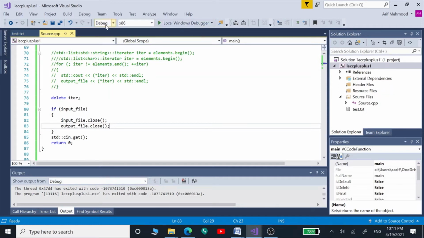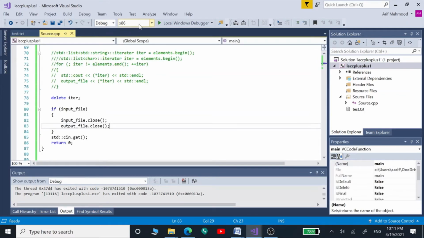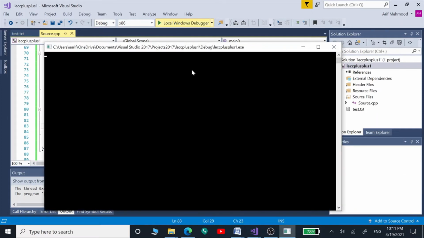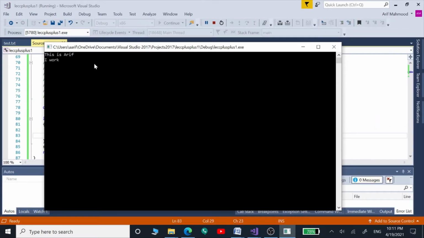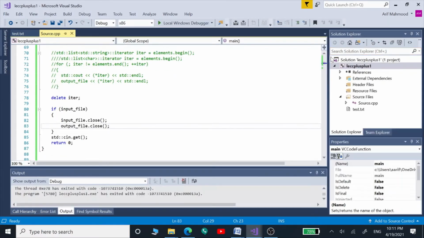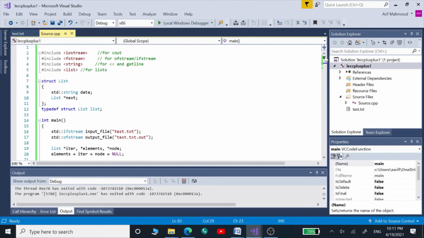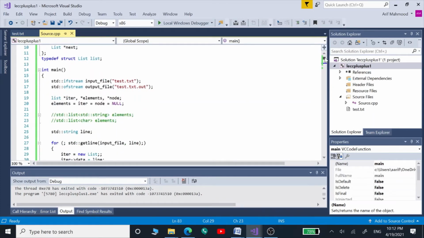So now let's see the contents of our input file, the same two lines I have given here. Now we are going to first run this string list, and this is the output, the same two lines onto our console window. So this is right now a string list, two strings we can see, because we are giving the program only two strings. So after two lines the for loop is stopping.